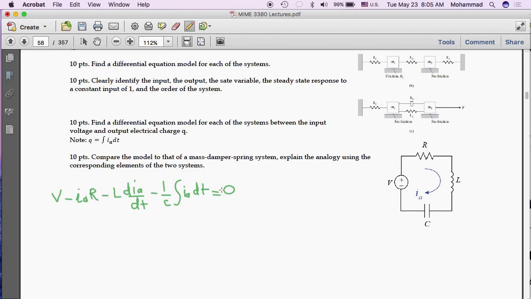Take advantage of the fact that the integral of current is electric charge. So Q is electric charge. The accumulation of current, like what happens on a capacitor, you're basically accumulating the charge coming through on the plates of a capacitor. That is called electric charge. So if you do that, then you can arrive at a differential equation without having to differentiate that equation one